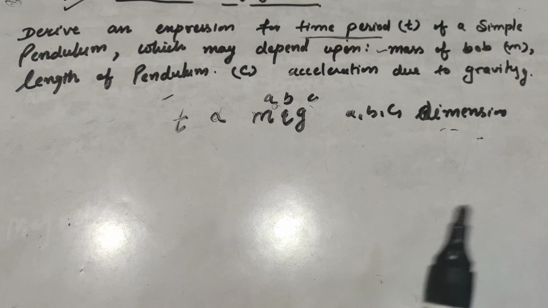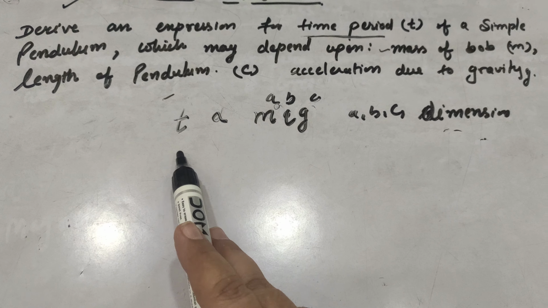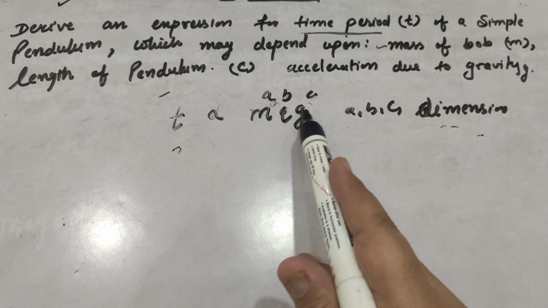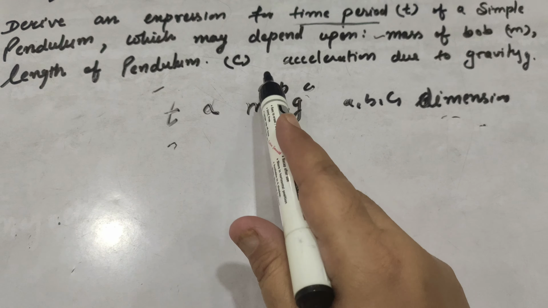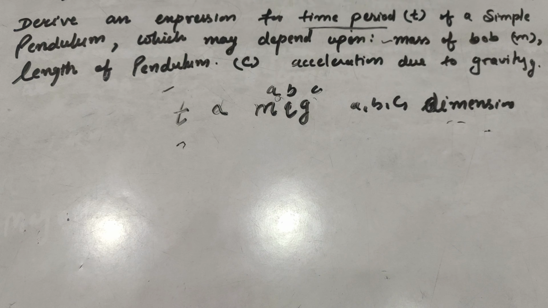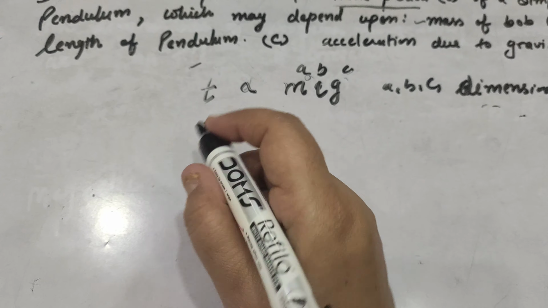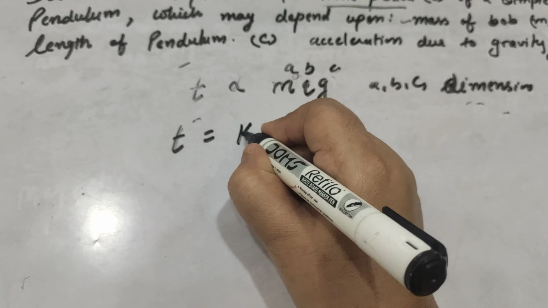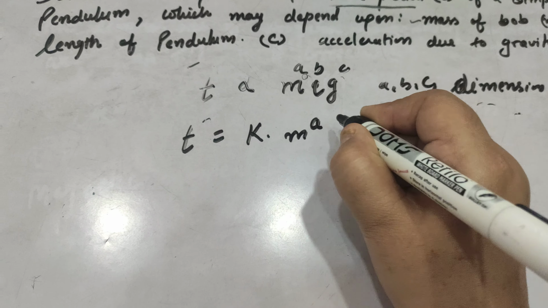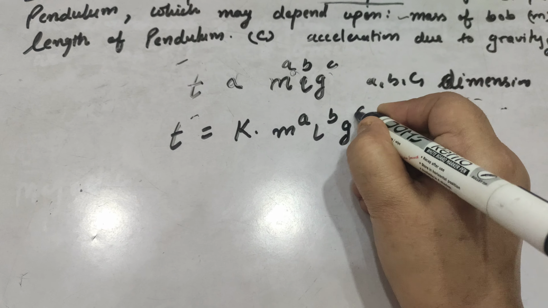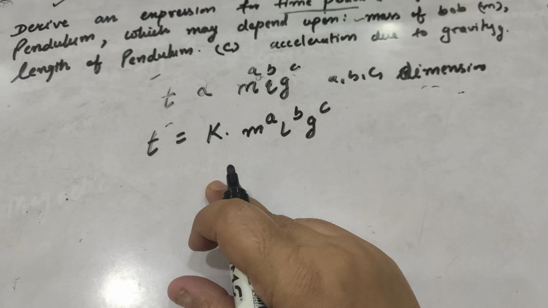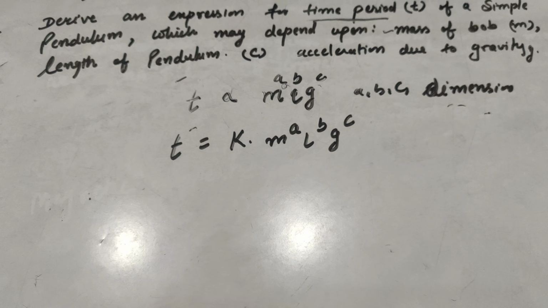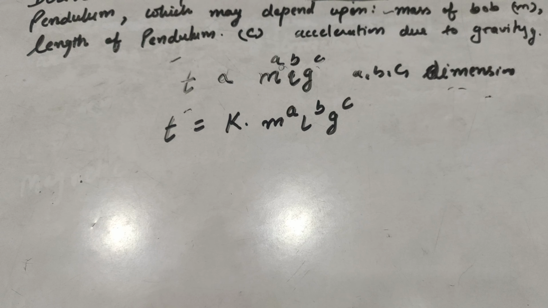and then find out the relation. Now the first step is to put the physical quantity whose value is to be derived, and raise the factors on which it depends to powers a, b, c representing its dimension. Now on the right hand side, remove this proportionality symbol. T is equal to, suppose, k, m raised to power a, l raised to power b, g raised to power c, where k is a dimensionless constant which will not affect its dimension, but it shows that T depends in some ratio on these physical quantities.